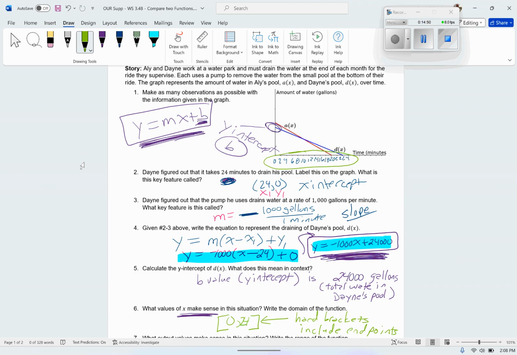I don't know how he knew that. Maybe someone told him. Maybe there's a little measuring device on the side. I don't know. But he said,